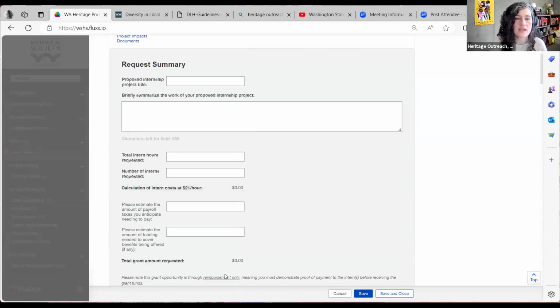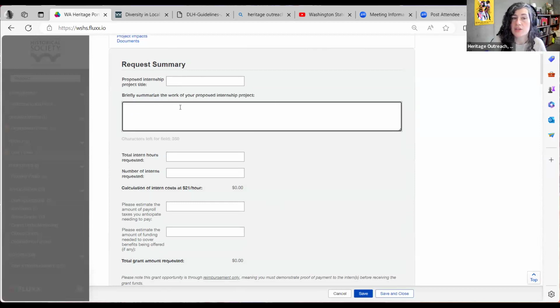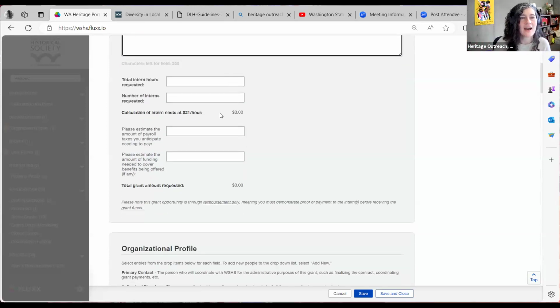This is going to be the highest level summary. You'll have a title for your project. You'll summarize the work of your internship project, so it's like your elevator pitch. Very small number of characters for this field, so feel free to be very brief because we ask more questions further down in the application that ask you to elaborate on your project.